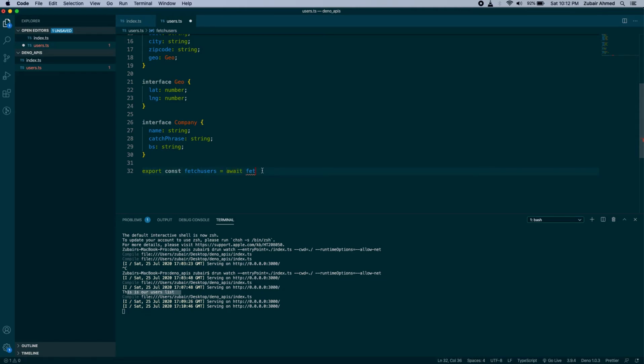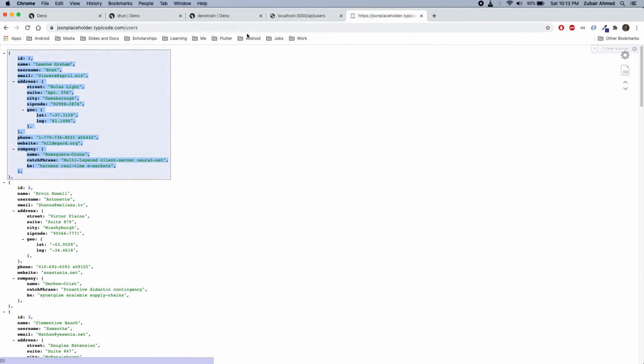Without having an async function, you can use await right away in Deno. So we will use fetch, which is very common in JavaScript, for whatever APIs or REST APIs you want to call. Similar to the Axios libraries we have nowadays, but fetch is really simple for this example, so I am using this. Let me copy that particular JSON placeholder URL.